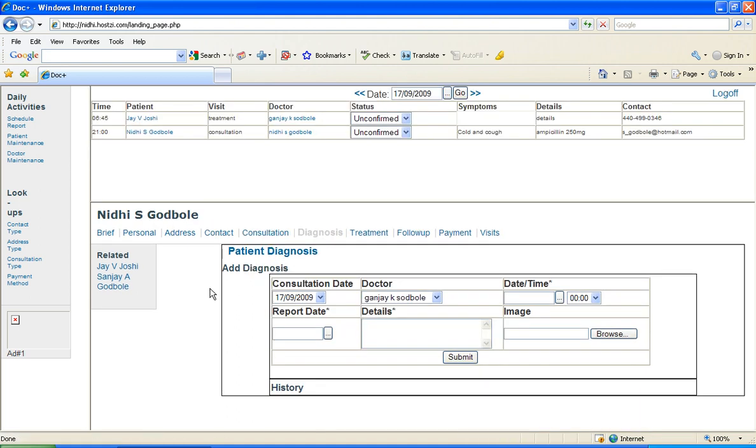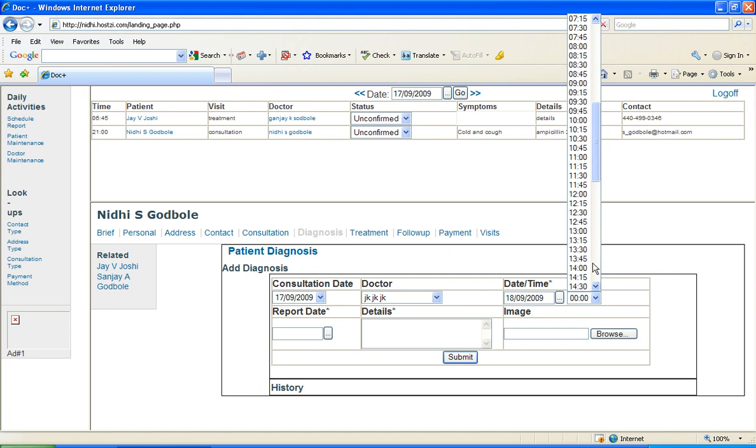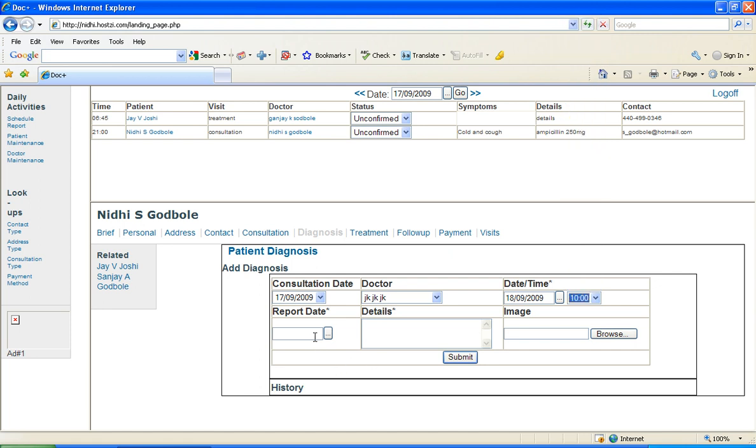Now similarly the diagnosis. In case you are asking the patient to go to a pathology lab for some kind of blood work to be done, you can always add the diagnosis details. So for this particular consultation that happened on 17/9, this particular pathologist is going to do the diagnosis on a particular date and time that you would like to see, and the report will be available on a particular date, and of course you can provide the details etc. This way you can provide the complete diagnosis